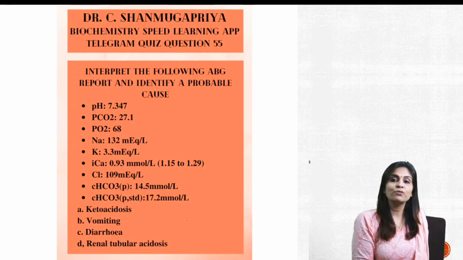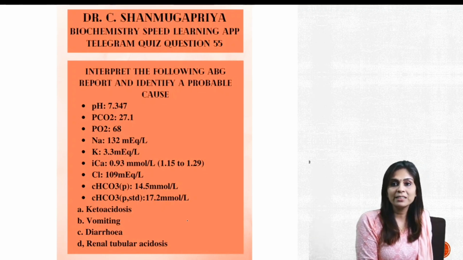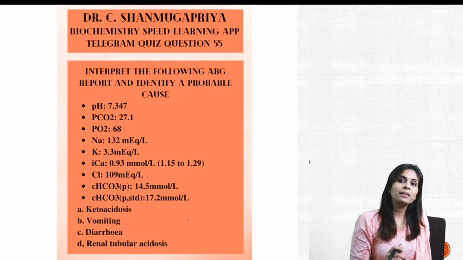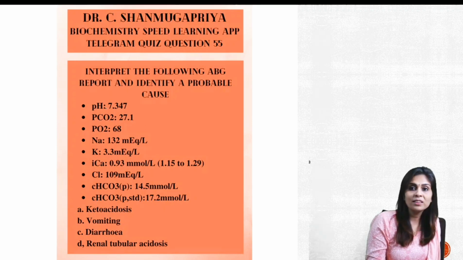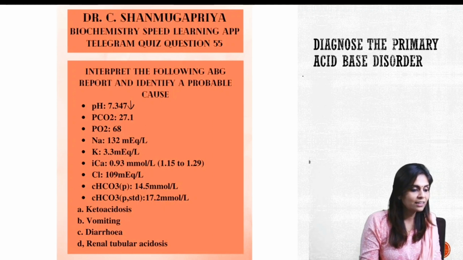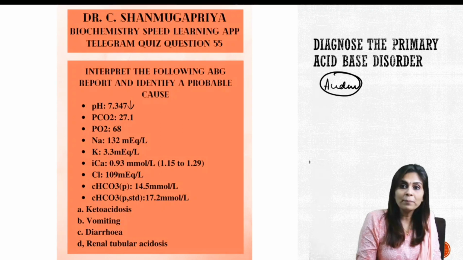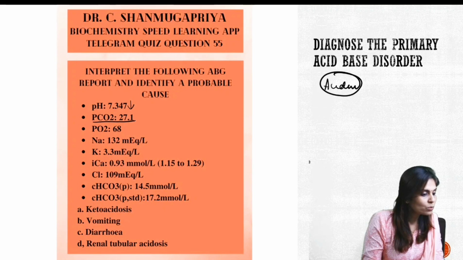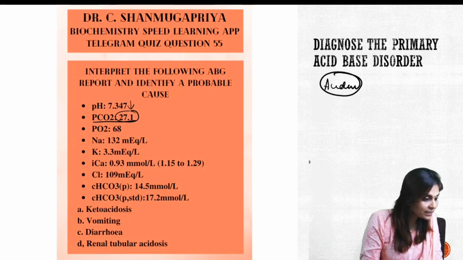Irrespective of the choices of causes you have in your mind, to interpret any ABG report, step number 1 will be to identify the primary acid-base disorder. And to identify the primary acid-base disorder, we should look at pH. Normal pH being 7.36 to 7.44. Here the pH is low, so we know it's a case of acidosis. To find out whether there is respiratory acidosis or metabolic acidosis, we know we should look at PCO2. We know normal PCO2 is 36 to 44 millimeters of mercury, and here the value is just 27.1, so there